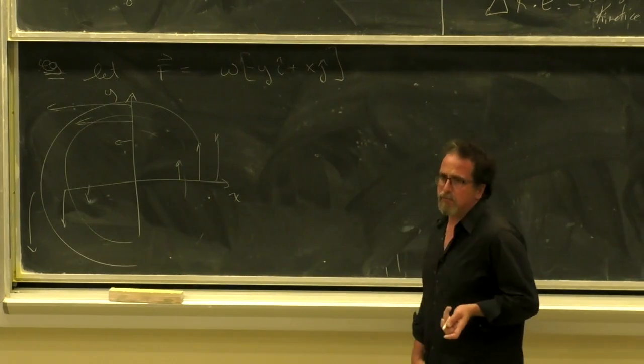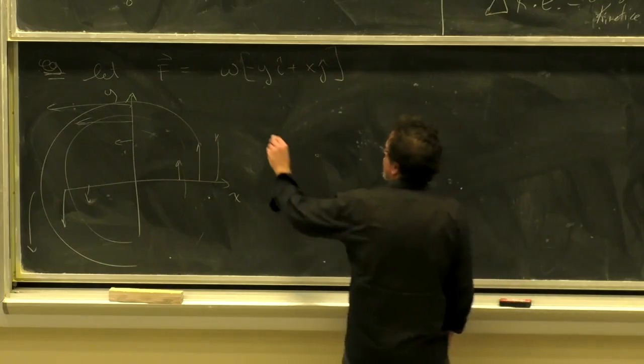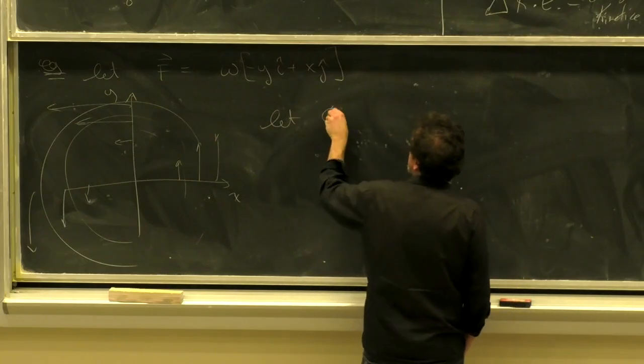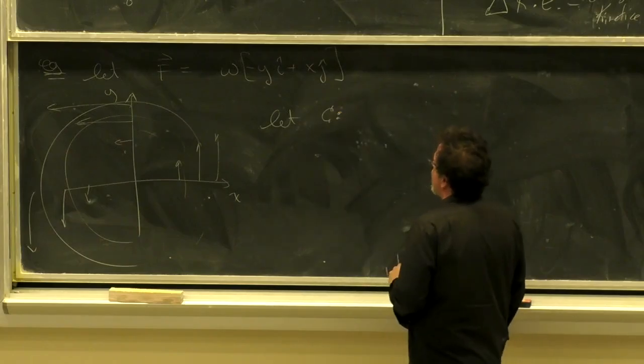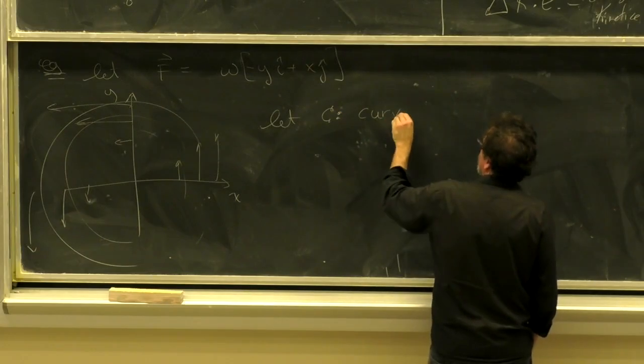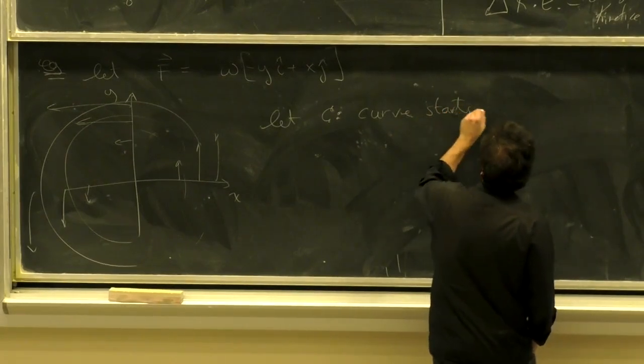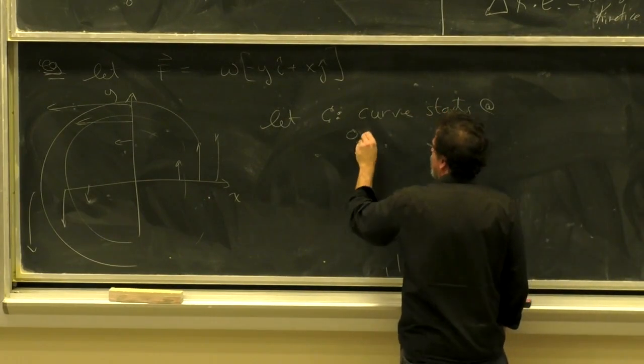And now let's just make some trajectory. Let's make a trajectory, okay? This is the kind of problem you'll get. Let C be a curve that starts at the origin, at 0, 0,